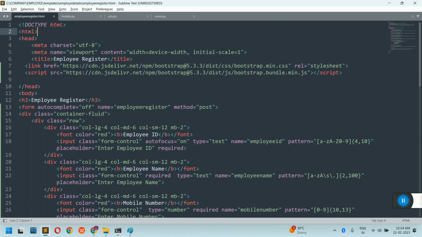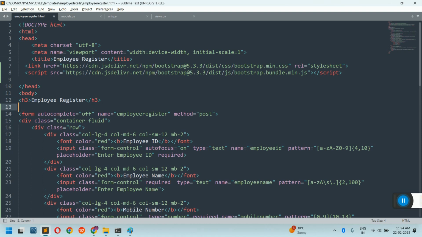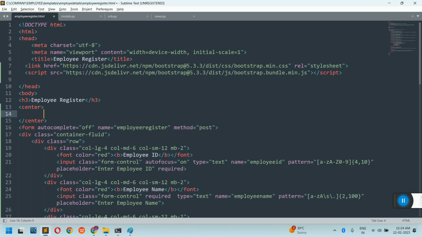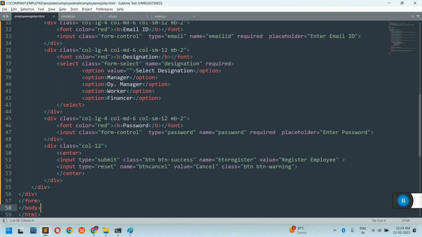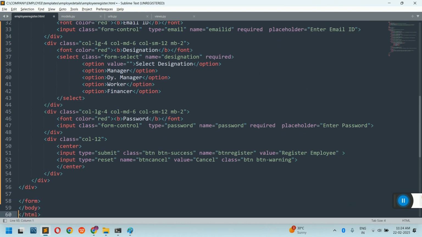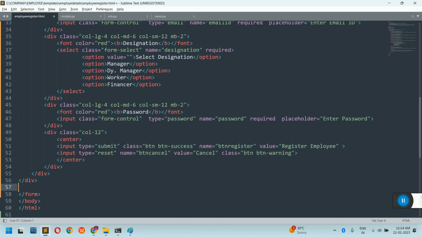Now the msg we are sending has to be displayed on the user's screen. To display it, I will make use of a center tag with font H5, or you can take H4, and inside it two flower brackets followed by the variable name msg. Whatever message you send, to display it on the user's screen we use this particular variable. And the most important thing is, before closing this font tag, you have to write one Python tag, that is csrf